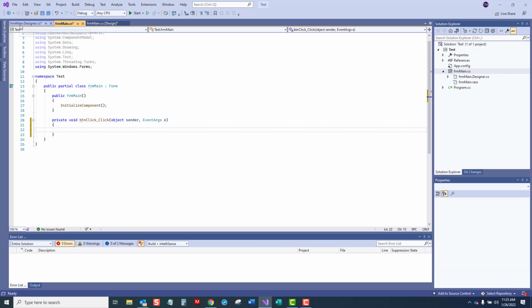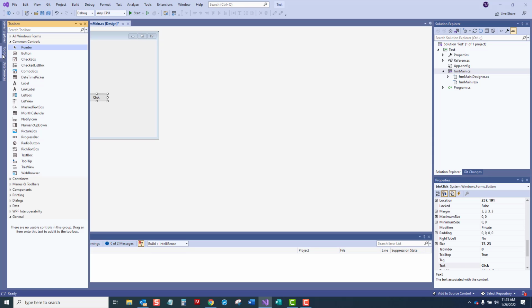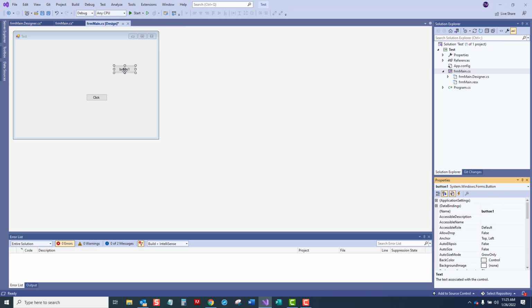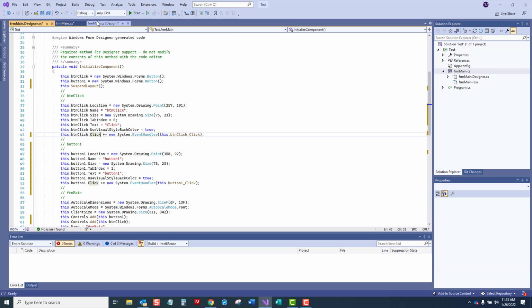Now, if I had seen this beforehand, I would have left that button 1 click in there, and I would have gone in there and created another one. Let me show you another way to handle this. So you see it's updated that now. What if I drop another button? Let's just drop another button on there. Okay, it's button 1 because it's the first button without a name. And I'm going to go ahead and double click it as if by accident, and there's the errant event handler. What I can do here, if I go back and I rename that control,